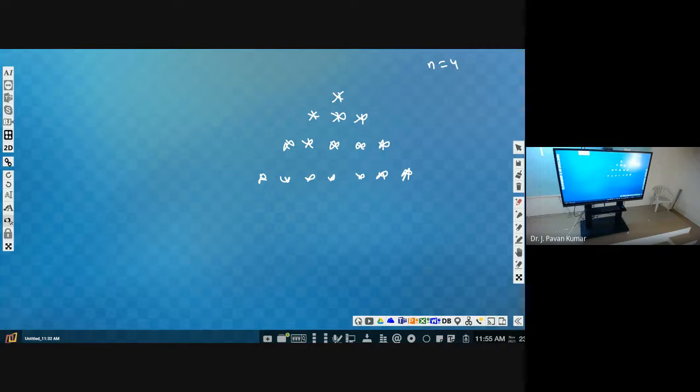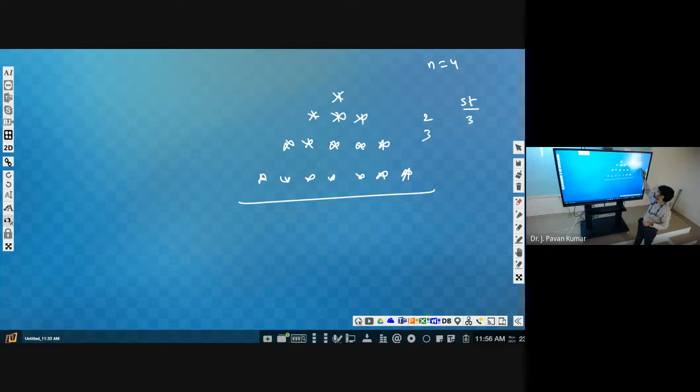So how can we do it? 2n minus 1. Is it correct? Is it satisfying? For the fifth row, how many entries will be there? 9. Is it satisfying? Yes. So 2n minus 1 entries, make it generalized. In the second row, how many stars?